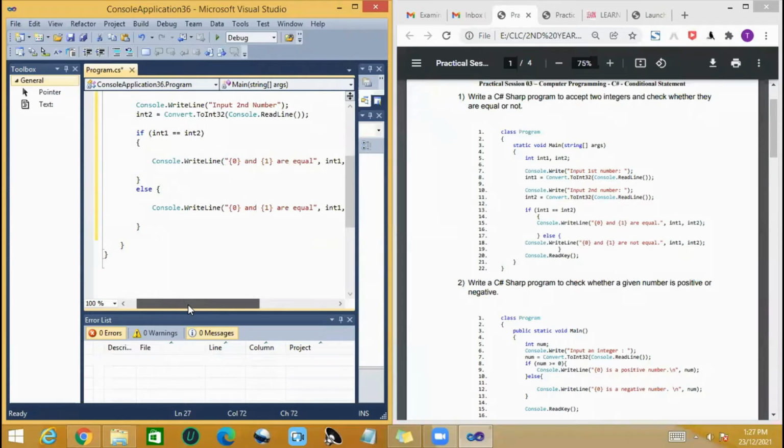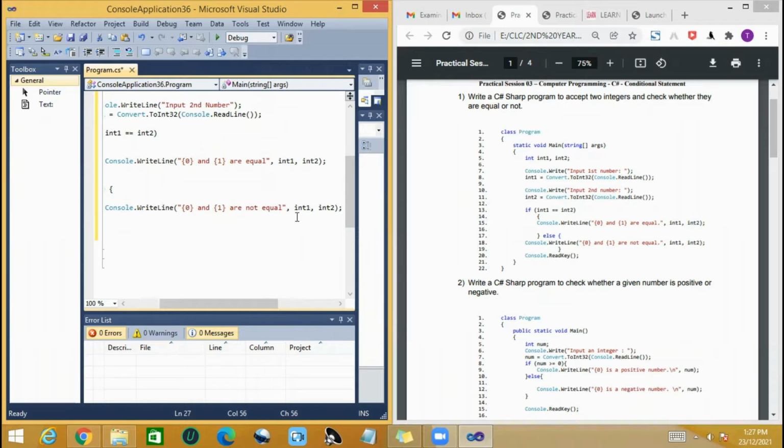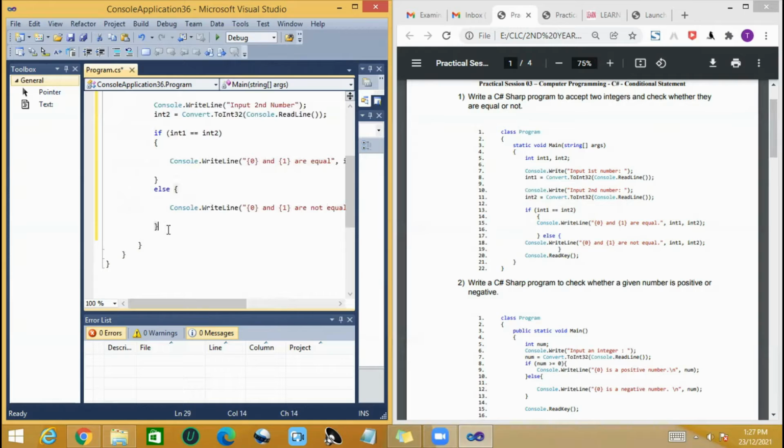So, are not equal. Here 0 and first indexes are not equal, and then after that we need to pass the same two integer values right here. So the same thing, right? Then after this else part,